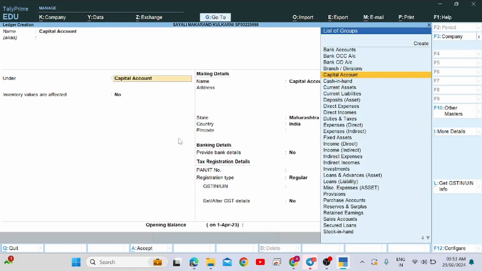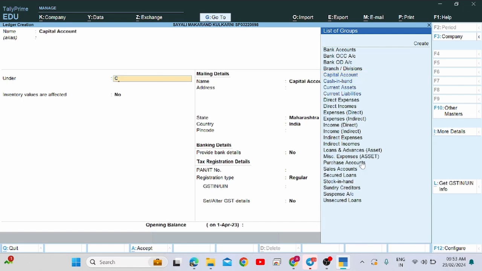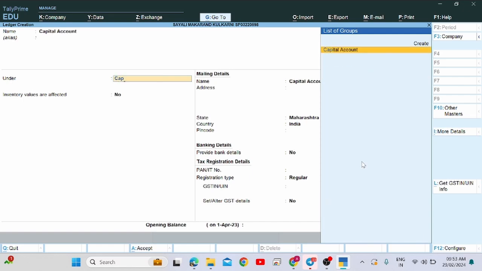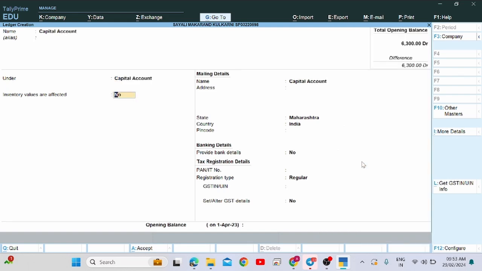Type there capital account, and then for group, we have a whole list of 28 to 30 groups. From that you can select the appropriate group. As I said, first try to type the ledger name in the group name also. If you get it, then okay. If not, then you can select the related group. But I have the capital group, therefore instead of giving too much stress to your mind, you can simply select this capital that was there, I think so. No need to select also, but if you don't have it, just select,